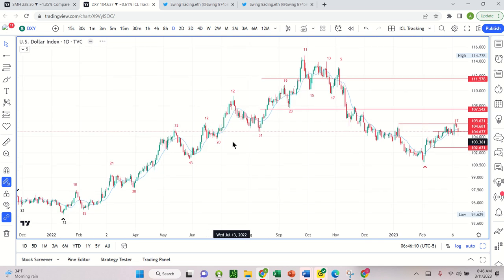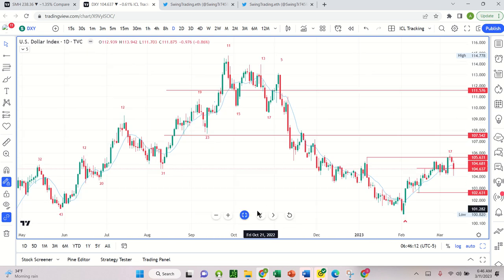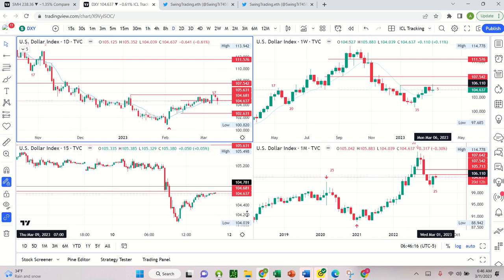It's the weekend update. And Dixie had a pretty violent move this week, as did most of the markets. Generally understand Dixie moves inverse to the markets. Generally, that is. So when Dixie is moving up, markets are moving down. That is the general relationship. Obviously, it doesn't always work out that way.